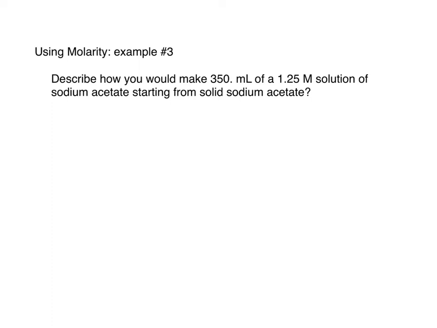Okay, so we're looking at making 350 milliliters of our solution of sodium acetate. We have solid sodium acetate. Sodium acetate, remember, is NaC2H3O2, because acetate has a 1- charge and sodium has a 1+ charge. The molar mass turns out to be 82.04 grams per mole, which we got from the periodic table. If you're not sure how to do that, go back and review those molar mass videos from the last unit. Okay, so I need to make 350 milliliters of the solution starting from solid sodium acetate,